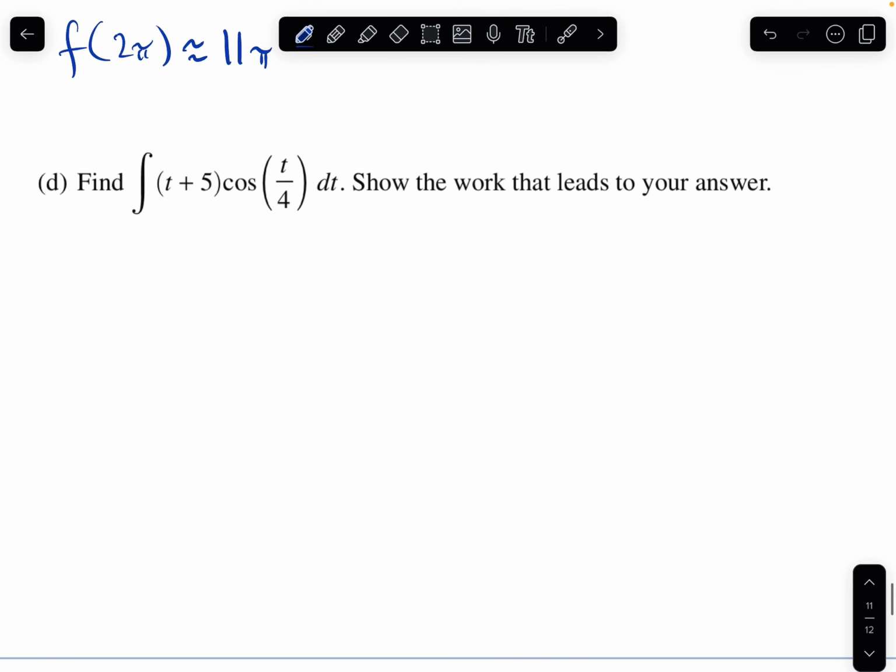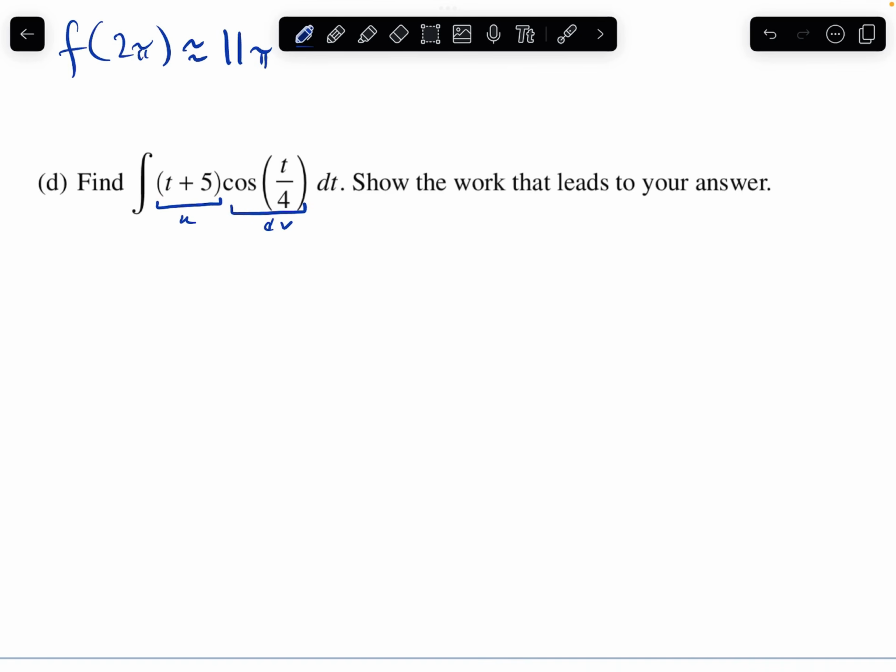It's now asking us to find the integral of (t + 5) cosine of t over 4 dt. So if you were taking the test, you probably took a look at this and thought to yourself, okay, what integration techniques or strategies can I use here? And if you look at it carefully, you hopefully notice that it is a problem that can be solved using integration by parts. So this we're going to identify as our u, and this is going to be our dv,